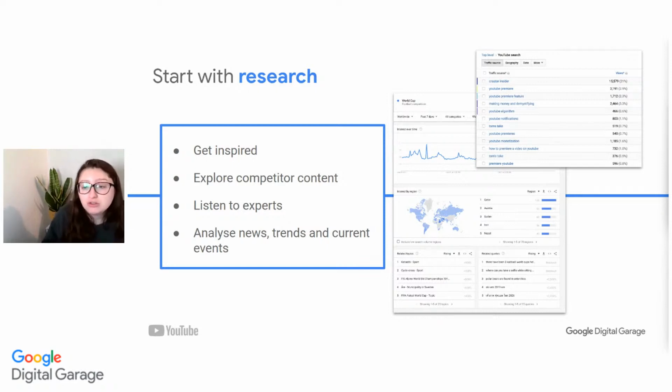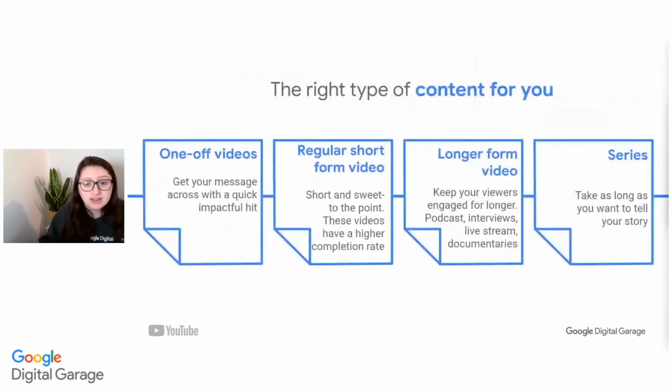And once you've researched your passion, your audience, and everything in between, then you can start to think about the type of content that you want to create. And you want to ask yourself here, okay, there are different types of content that we can create. What's the right type of content for my channel? Consider the time you've got. Consider the resources that you have access to. What can you realistically achieve within your day-to-day? And how can you make time for your channel and time to create high-quality content?